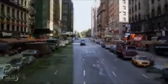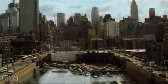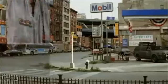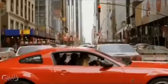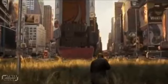The challenge for the VFX team was to create the decaying New York City. They achieved this by first removing any signs of human activity in the live-action plates, including any moving elements such as vehicles, pedestrians, and also electrical devices such as traffic lights, billboards, etc. Then they added aging and weathering to the cityscapes,